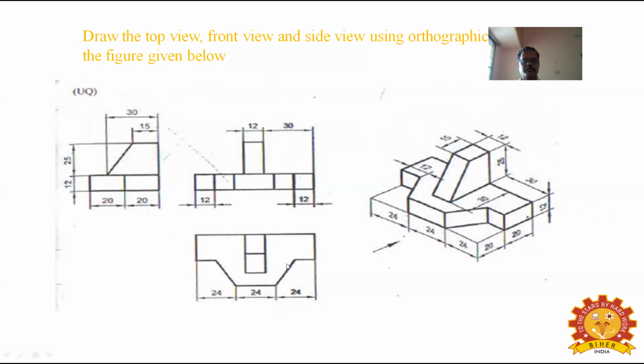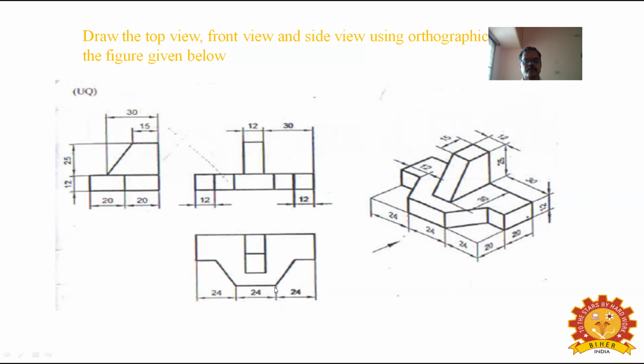Now for these taper portions, you have to draw a vertical line passing through the midpoint. Because the total width is given as 24, you have to mark 12 on the left hand side and 12 on the right hand side. This 12 mm and this horizontal 12 mm you have to join by means of a scale. Therefore you get an inclined line. And here also, this horizontal 12 and this vertical 12 we have to join by means of a scale and get a taper.